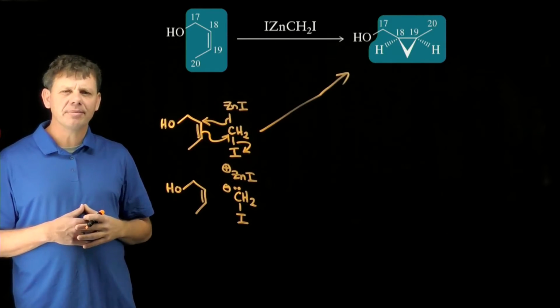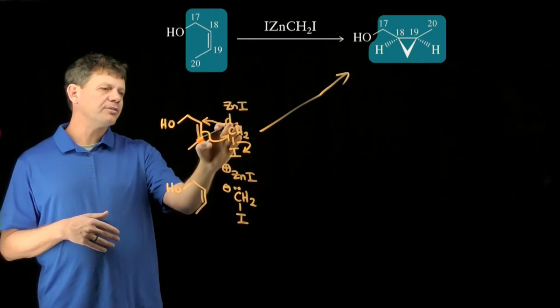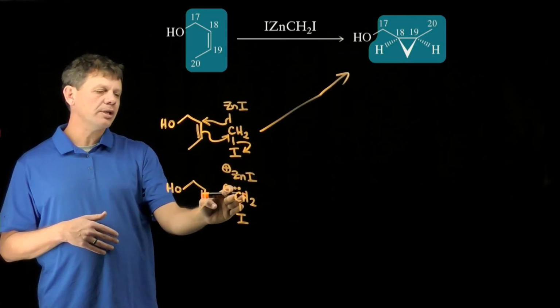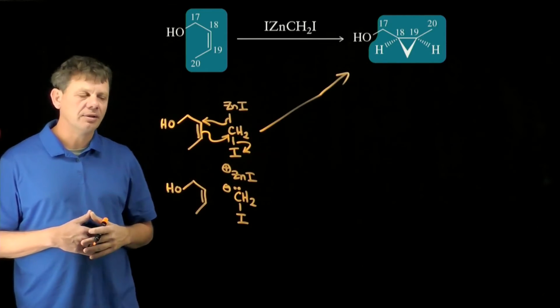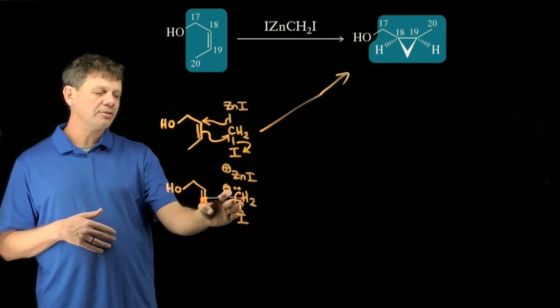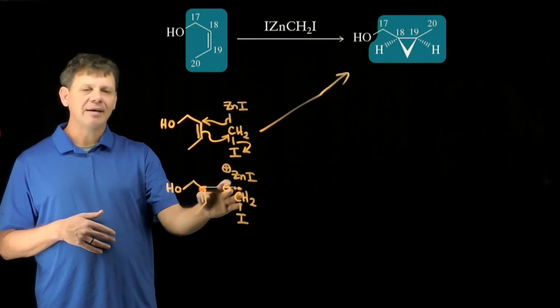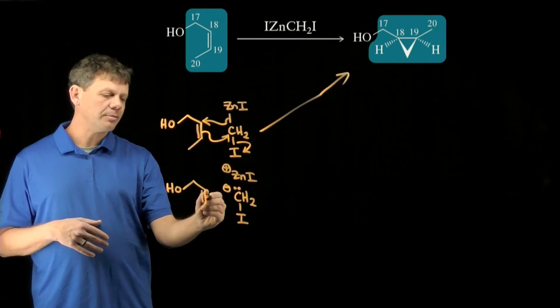How could we show the same thing using the ionic form of the Simmons-Smith reagent? Well, now instead of having a carbon-zinc bond shown here, we're saying that there's a lone pair on carbon and a positive charge on zinc. This makes it even more obvious that having the carbon iodide is going to make this carbon an electrophile. Having a negative charge is going to make it a nucleophile, and we'll simply draw our mechanism this way, where